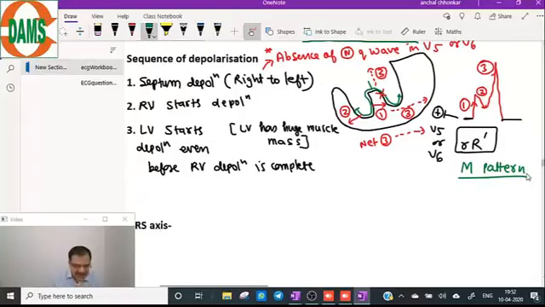Why not RS R dash? Remember, it is not going below the baseline. Even before right ventricle depolarization is complete, the left ventricle starts its own depolarization because it has a huge muscle mass. So it does not go below the baseline. If it goes below the baseline, you call this an S wave. But here it is not going below the baseline. Now come to the QRS axis. Why was V1 called a rabbit ear pattern? Because the 1 and 3 resemble the rabbit ear. Now come to the QRS axis.